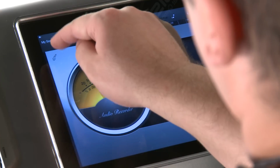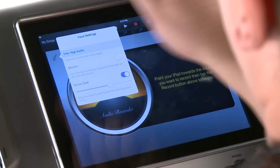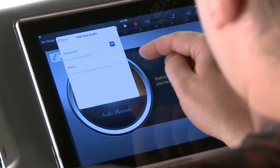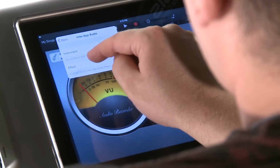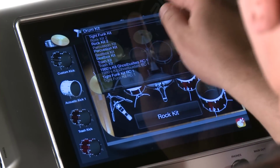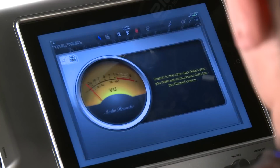And from here, it's real simple. You just press the line in, the input settings button, and I select Inter-App Audio. So I'm going to select Instrument. And from here, I'm going to select DM Touch. And I'm ready to go. And I'm going to go ahead and press the icon and select the kit that I want to use for this song. Let's start off with one of my presets,